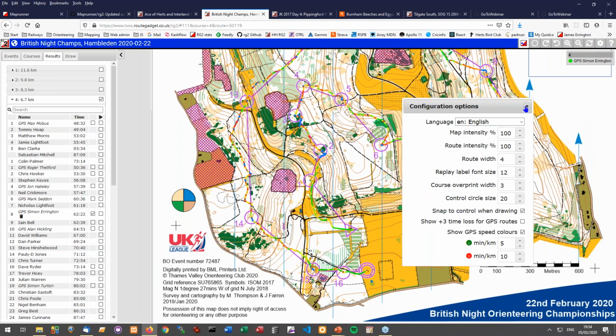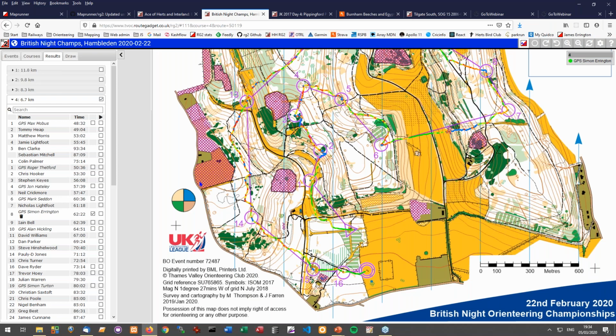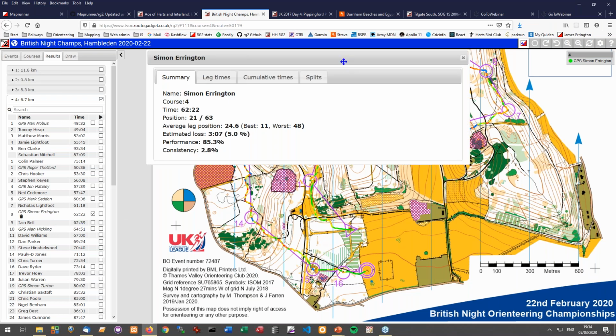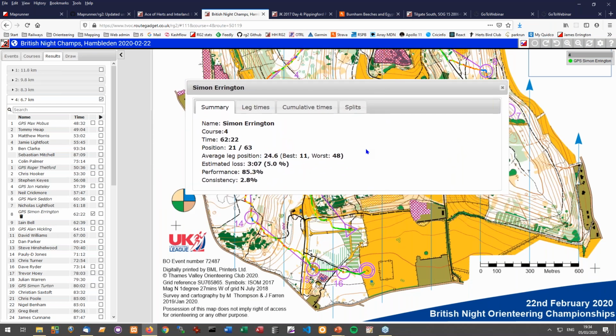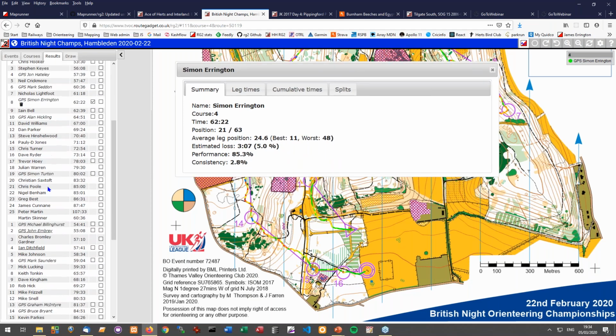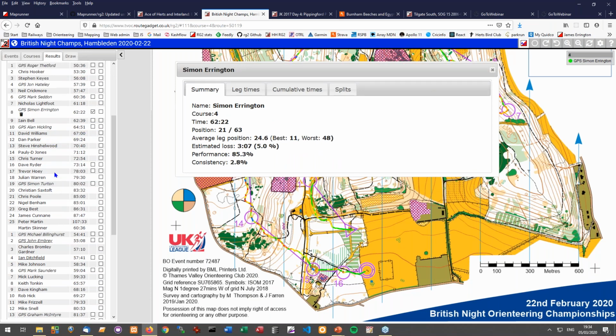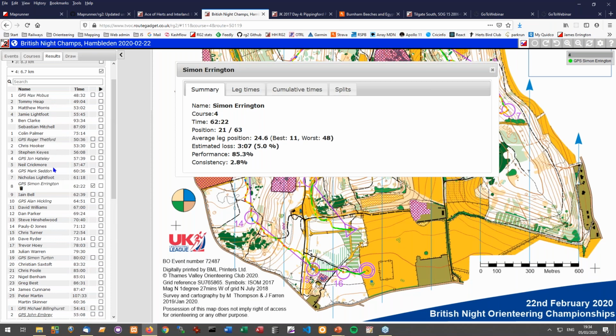The other feature that I've been playing with for a while and never got a particularly wonderful answer, but we're getting closer, is, and one of the problems I've got is it's hidden and it's very difficult to find out how to do it. If you double click on your name, it will bring up some fairly detailed analysis of your run. So it's very difficult to indicate that that's available. It's not ideal from a user interface point of view, but anyway, for events, it doesn't work for score events, it only works for normal courses. But if you double click on your name, you will get this window brought up.